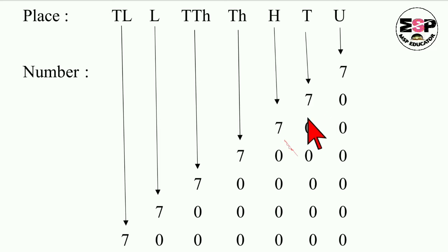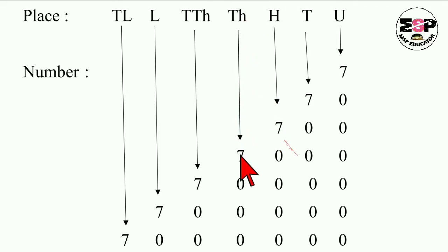Now see the third place, that is hundreds place. Again put 7 under the hundreds place and count the places to the right of the hundreds place. See, 1 and 2. That's why you are going to put 2 zeros after this 7, so that it will be a 3 digit number. Like this, horizontally you are going to observe. It is a 3 digit number. Yes, understood? A simple trick.